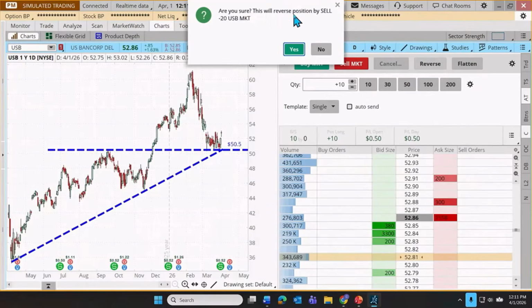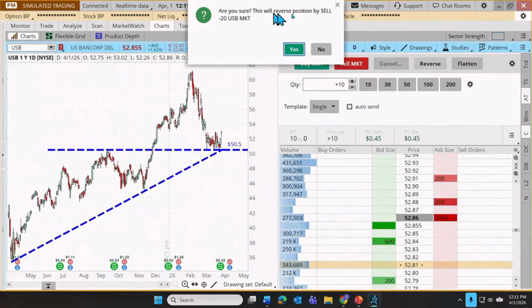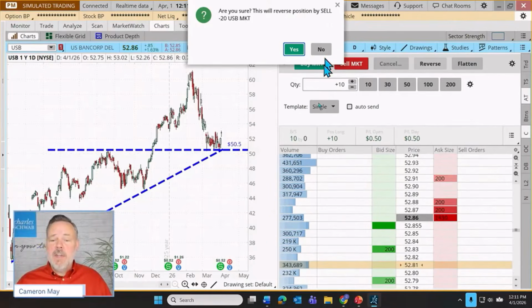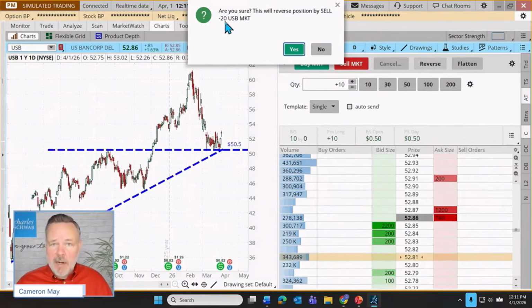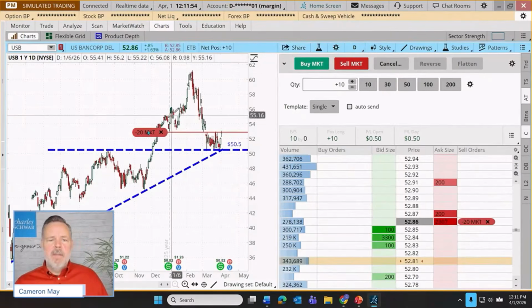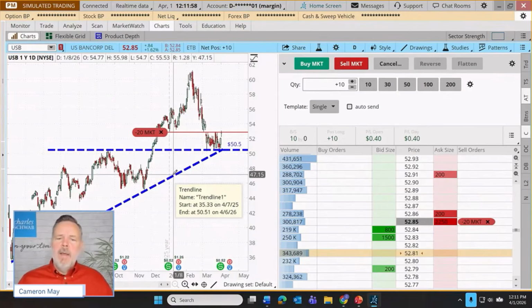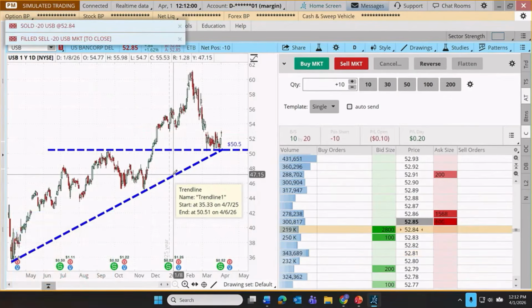It's going to go from a long stock position to a short stock position in one trade. So the way it's going to accomplish that is it's going to sell not the 10 shares that I have, but the 10 shares that I have plus 10 more shares, which will result in a net short position. I'm going to go ahead and click yes. So this is going to enter a market order. It's just waiting for just a second and it's going to fill. But there it is, sold those shares.